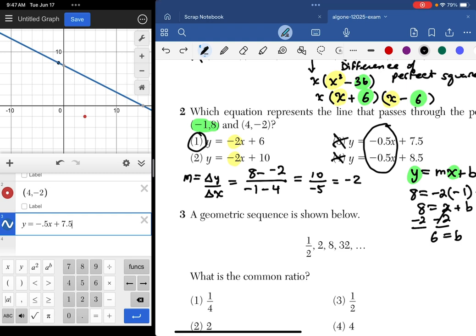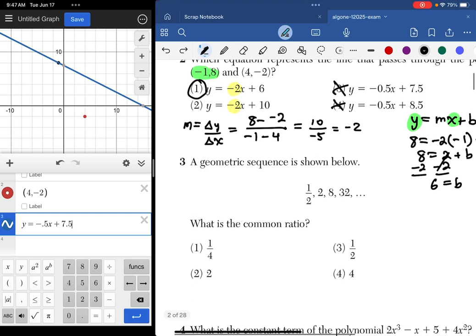Trying to get rid of all this extra stuff here so it doesn't confuse down the line. Geometric sequence. In a geometric sequence, we're looking for the common ratio. So the number that you multiply one number by in order to get the next number in the sequence, right? So there's two ways to do that. One would be to just say, well, I think if I take -1/2 and multiply it by whatever number, I'll get a 2. And then the 2 multiplied by that same number should get me an 8.